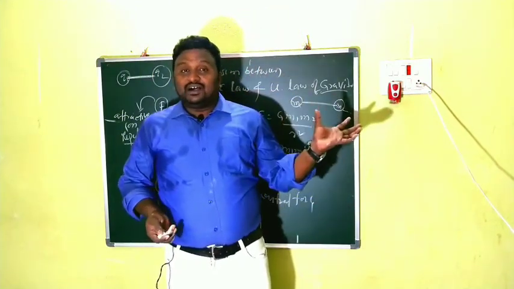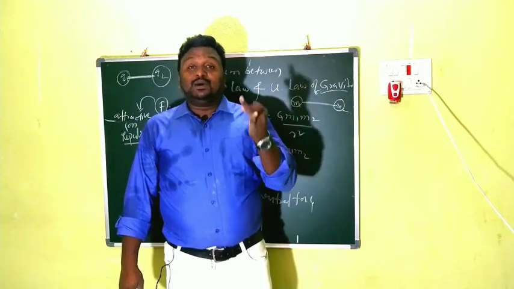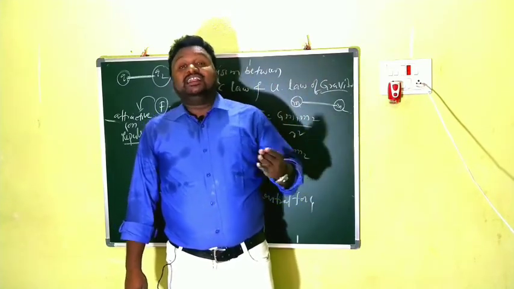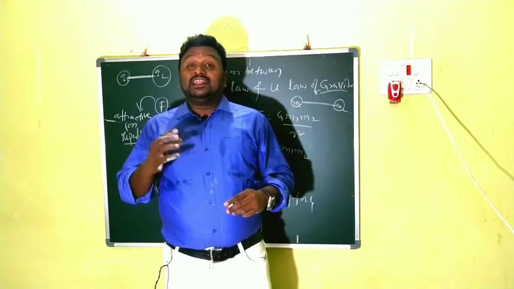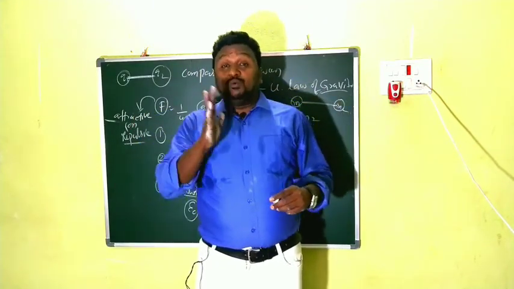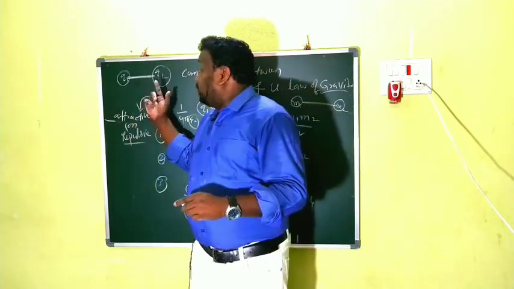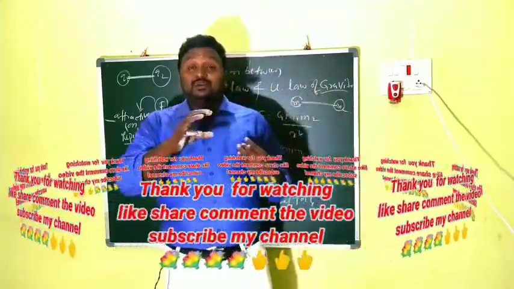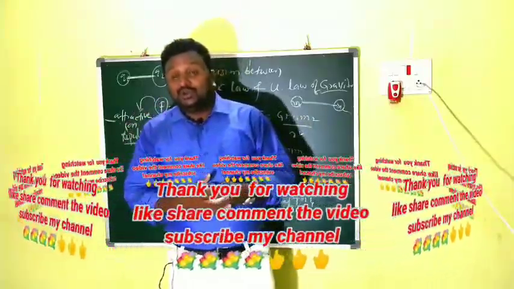So in this video you may learn what is Coulomb's universal law and its explanation, what is permittivity and its units and dimension formula, and what is K and its value and units. And next is the definition of Coulomb, the relation between force and permittivity, the relation between force and distance, and how we can compare the universal law of gravitation with Coulomb's law. And next, what the differences are between these two. I hope you understand.